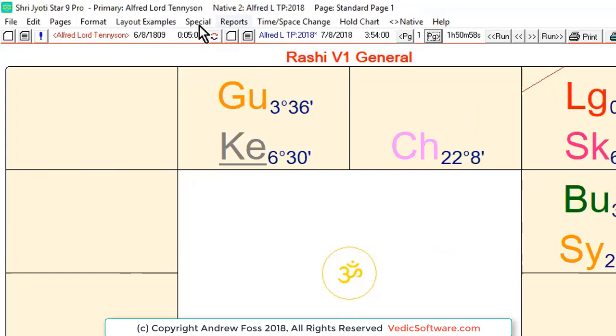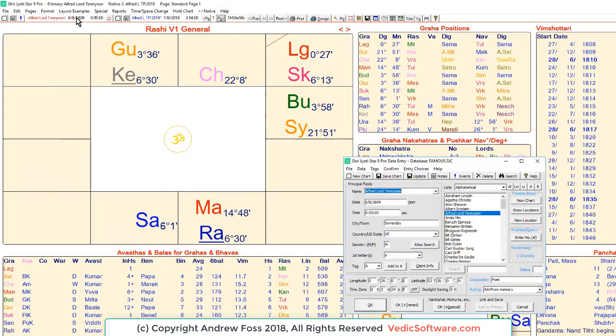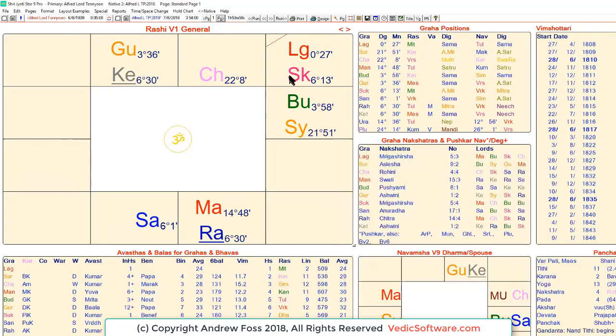Okay, so you can use these buttons here, but another way, which is really the original way I designed, is just to click on the date or time. If you click on the date or time, you get a chance to change them. It seems rational. I know a lot of people don't use that. I'm just mentioning it because I think it's the fastest way. And if we click on here,